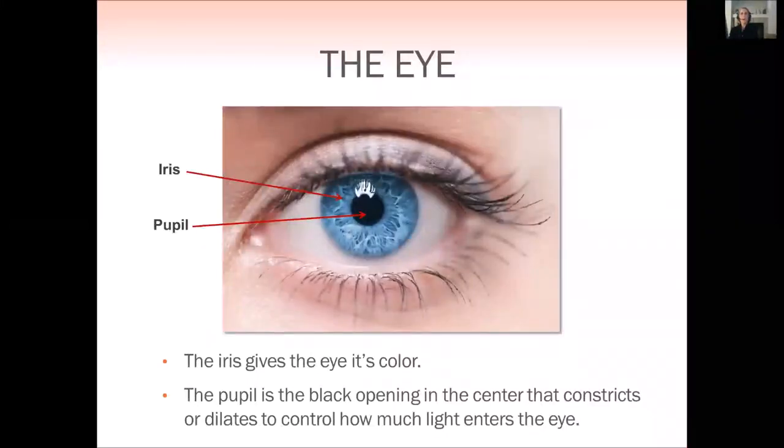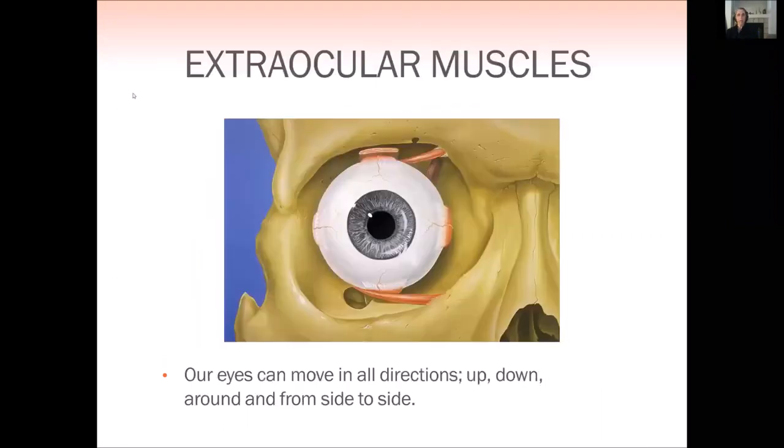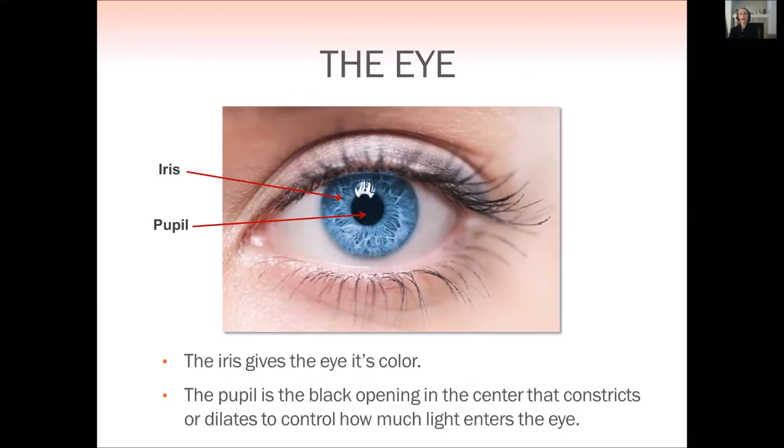Today we want to talk about amazing design, particularly of the eye. When you look at someone's eye, you often will notice the color. Well, the iris is what gives the eye its color. The pupil is the black opening in the center that constricts or dilates depending on whether we are in bright